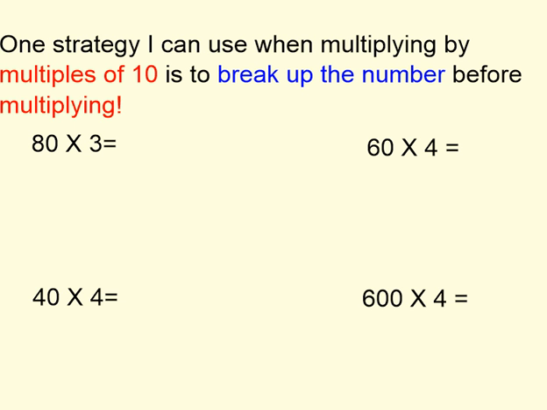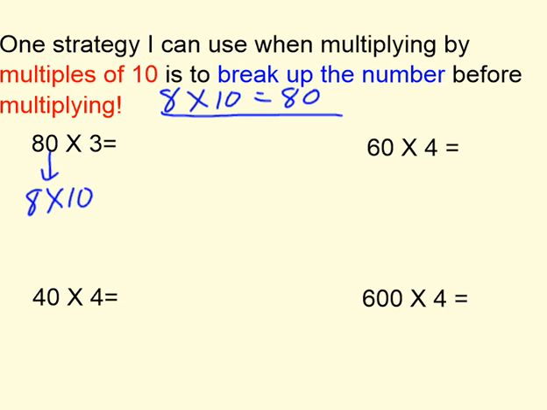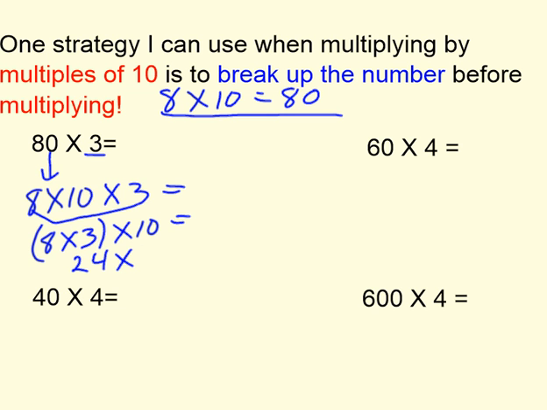And then we learned how to multiply by multiples of 10. You can break up the number before multiplying. So if they know that 8 times 10 equals 80, and they do, they can break up that 80 into 8 times 10 and then multiply by the 3. They know the associative property, that they can group numbers in different ways. They know the commutative property as well. So they can multiply 8 times 3, which is 24, and then multiply by 10, and 24 tens equals